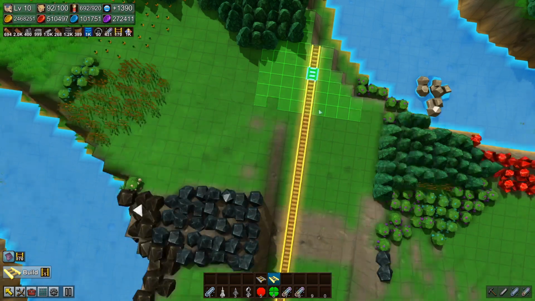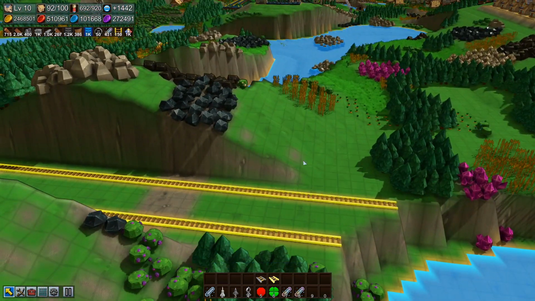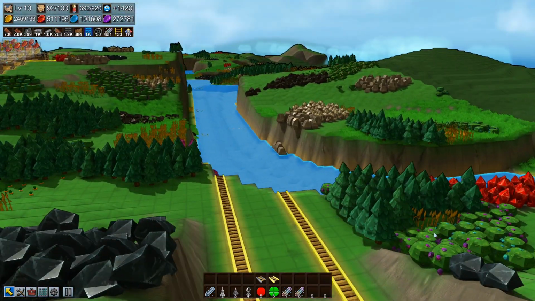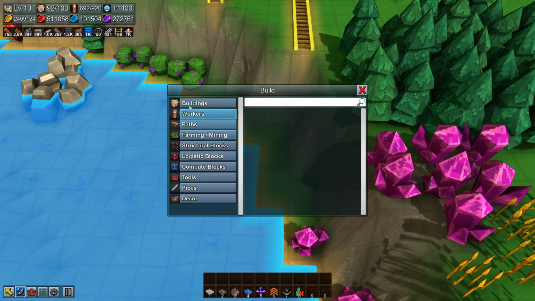Okay. Boom. Boom. There we go. Right. Now I don't know what sort of support blocks I want to build there. Do I want to build a bridge? Do I want to build something special? I kind of want to make it brick because